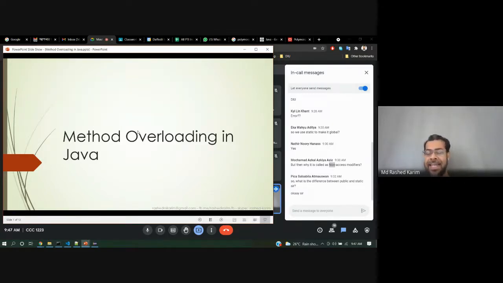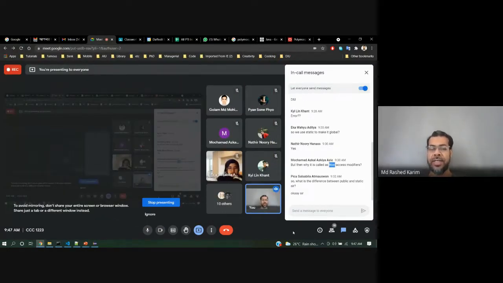What is static? Static means, the terminology you need to understand, when you compile, that is static time. But runtime means when you run the program, that means when you execute the program. So there are two types of polymorphism. One is static, that is compile time polymorphism. Someone calls it static, someone calls it compile time polymorphism, and for dynamic, someone calls it early